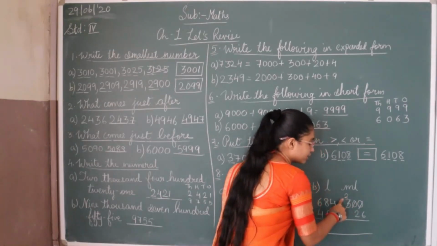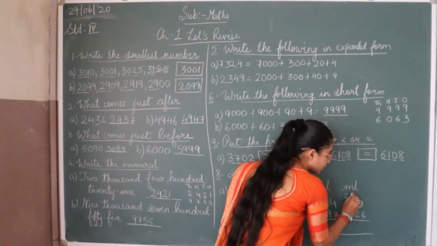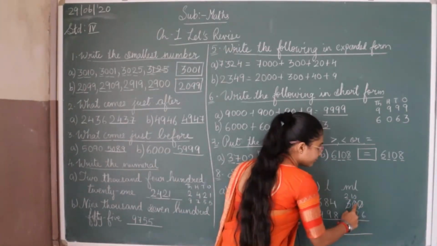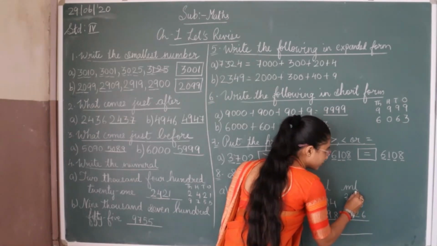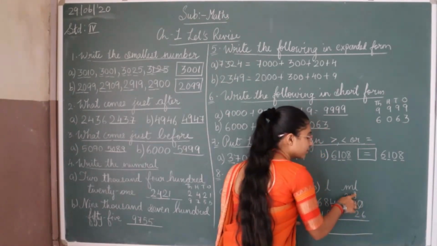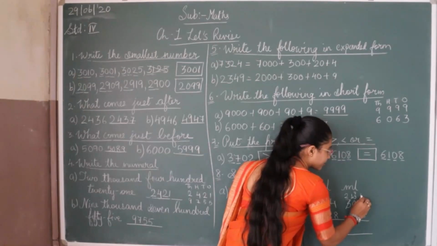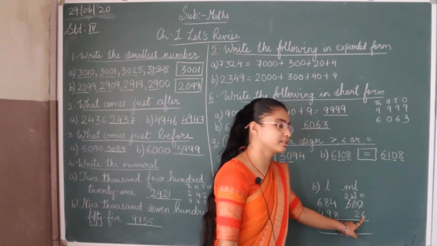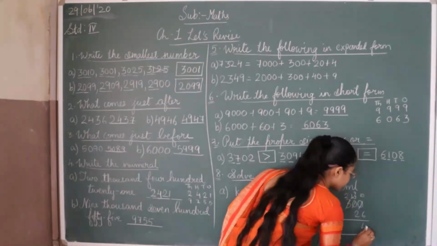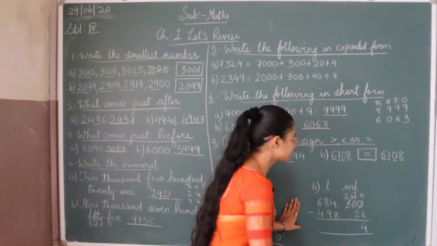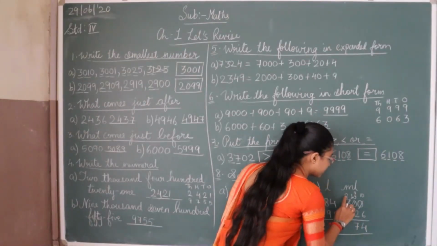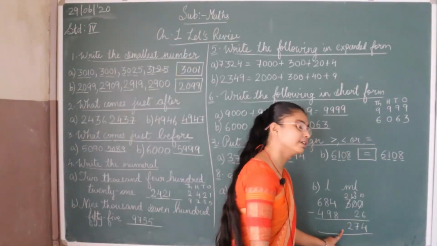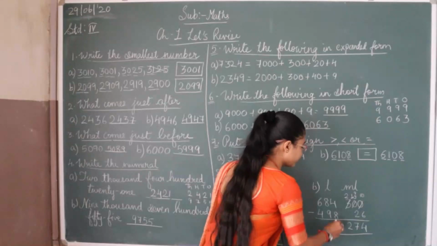So here it will become 2. We had borrowed 1, then it will become 10. Again we need one more number here. So we will again borrow 1 from here. So 1 goes, then it will become 9. So it will become 10. So 10 minus 6 is 4. Again 9 minus 2 is 7. Then 2. Nothing is below 2, so we will directly write 2. Then here 4.